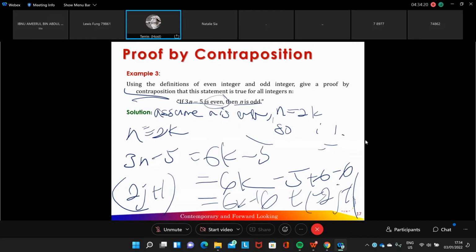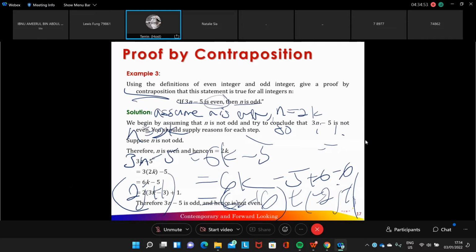So we have the 6k plus 6, in case for those with rusty algebra, it's 6k plus 6 plus 1, so you get 2j plus 1. So hence we are proven to be true. Simple as that. So using proof by contradiction, we have shown that if 3n minus 5 is even, therefore n is odd. So that's for the question. That's all the explanation there, I think. Sir, 6k plus 6? Is it? Yes, 6k plus